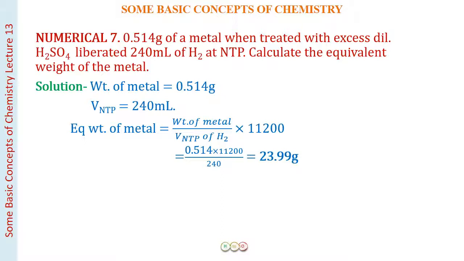So I hope the whole of the equivalent concept is very clear to you. We have understood it as the charge equal to valency, how we have equated the equivalent concept with the different reactants and the products. The only thing you have to do is that the number of equivalents are going to be equal, and you have understood the definition of the equivalents as it was given originally in terms of the combination with hydrogen, with oxygen and chlorine. So I hope all this is really clear to you. So now we will move on to the next topic,